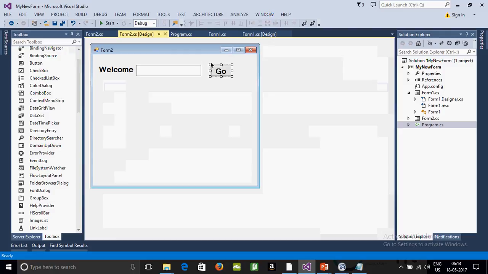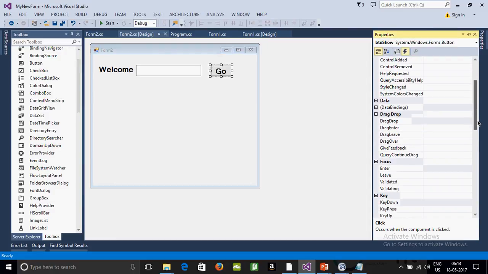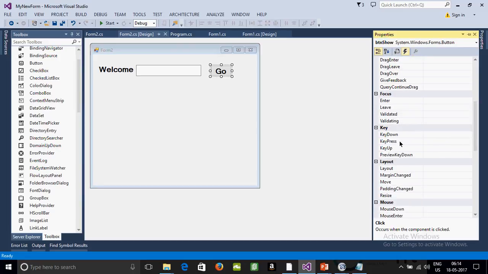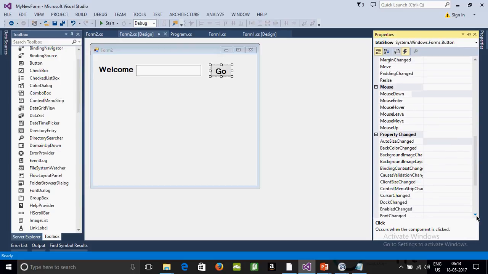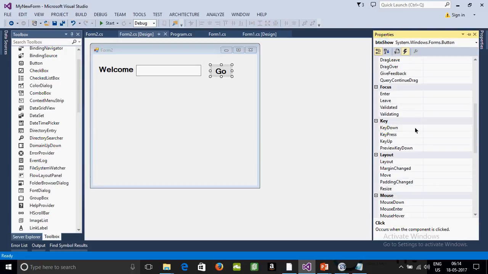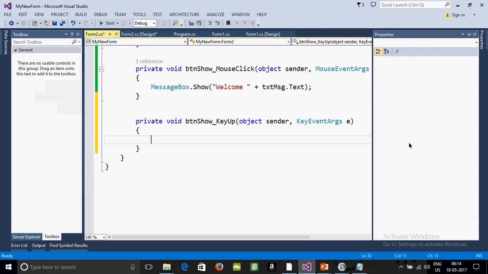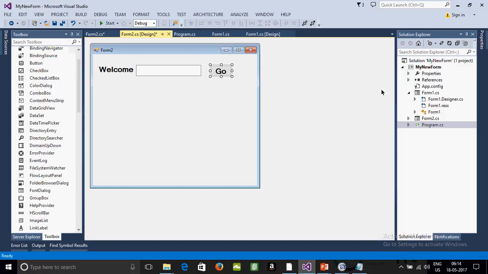Go to design, F4, and here different types of events are visible. Key press, key down, key up, these are the different events. Mouse down, mouse event, and mouse up, leave. So different types of events you can see with the help of this. Whatever event you want, you just define that event name on this location and you can work on that. Right now, suppose I define a key up. So just click on this, automatically it defines a button name. What I did in that location, F4,